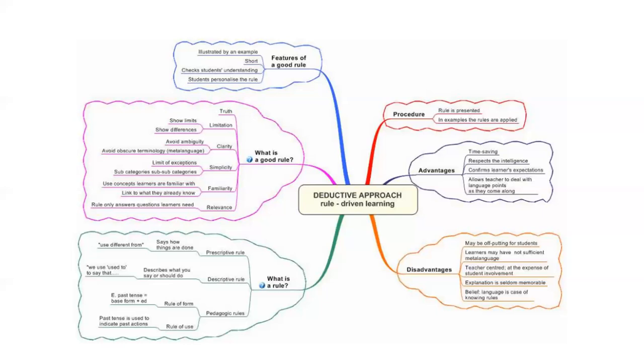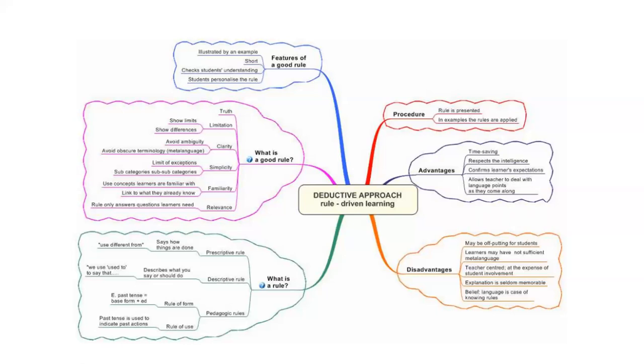Next, such an approach encourages the belief that learning a language is simply a case of knowing the rules. That is a disadvantage, the belief that language is a case of knowing rules, because there are arguments before and until now that